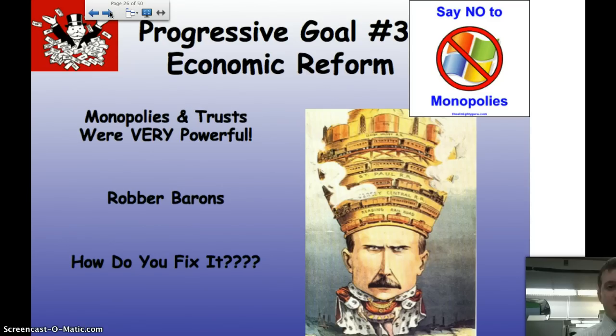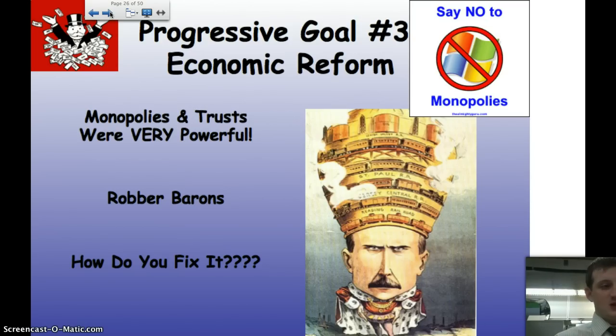So, as I mentioned, we're going to start off with progressive goal number 3. Again, they have three basic major goals. They had a political goal, they had a social goal, and an economic goal. We've already gone over some political and social, so we're just going to jump right into some economic reforms that